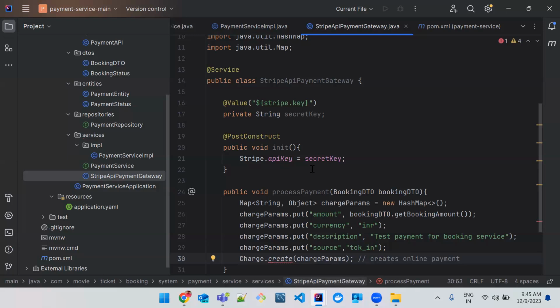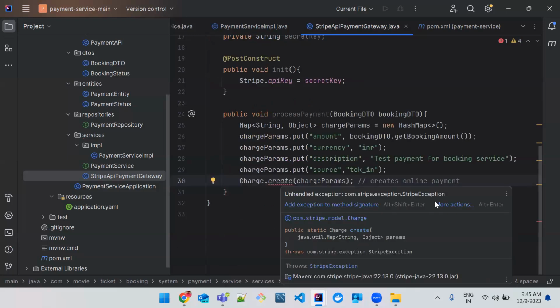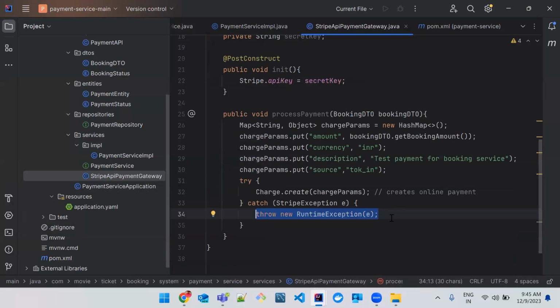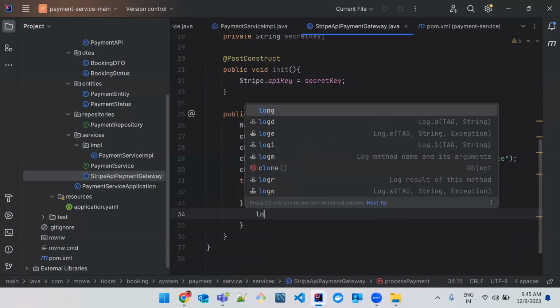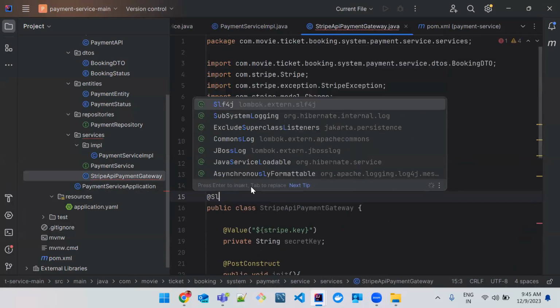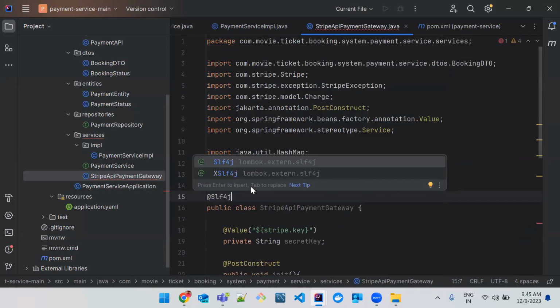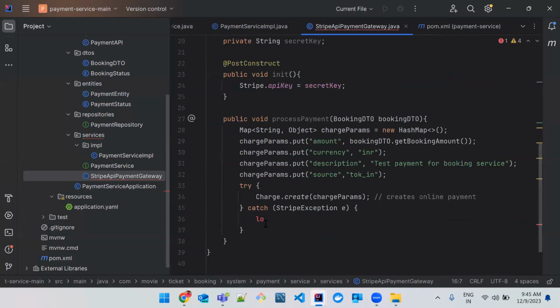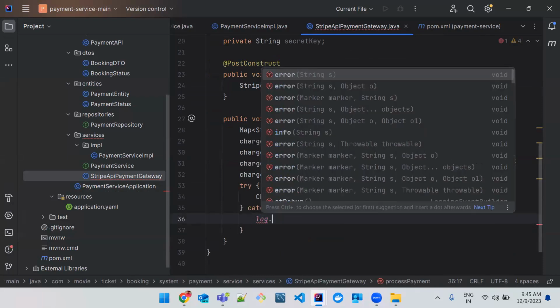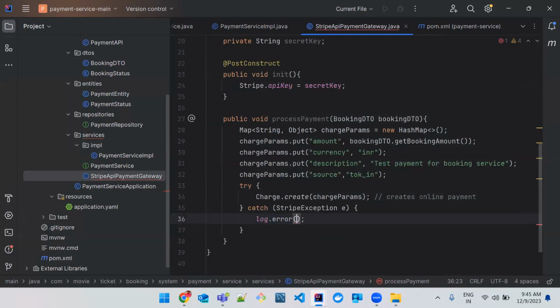And now here I just wanted to enclose these things in a try and catch block. So here I just wanted to use log. Okay, so I just wanted to import that as SLF4J. So here I need to use log dot error and